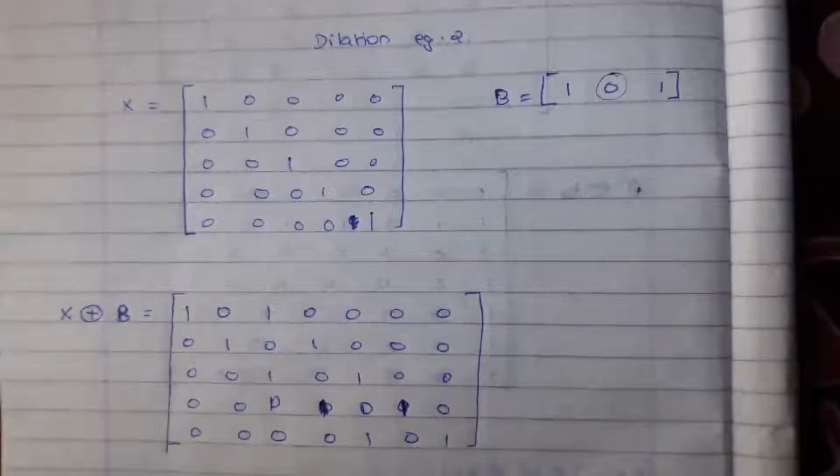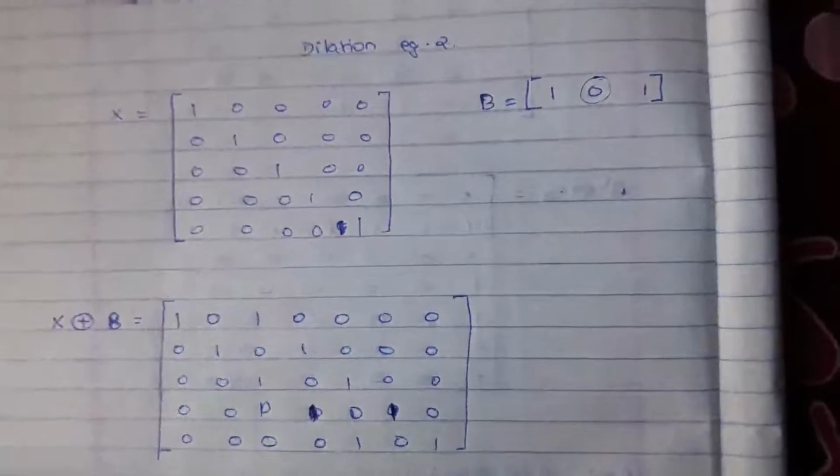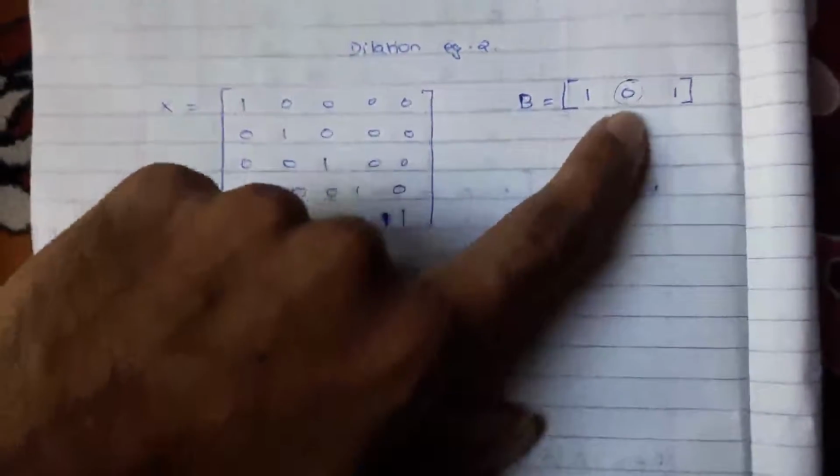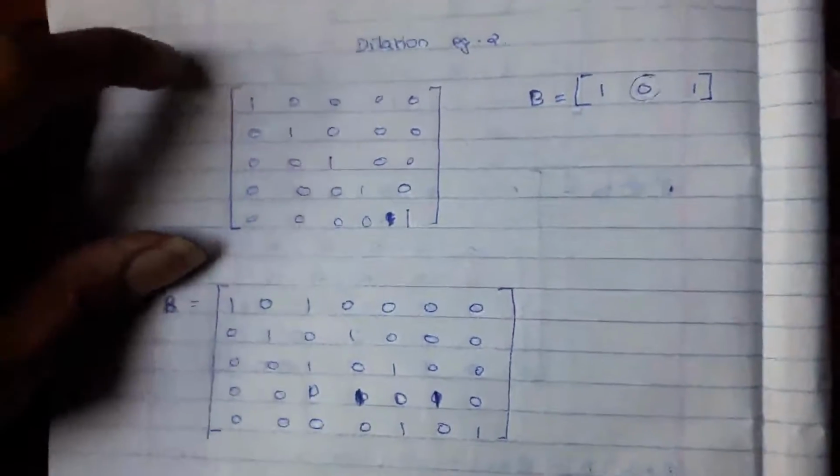Hello, I have made this video to remove the misunderstandings regarding dilation, especially when the seed point, or the seed element, in the structuring element is 0. Here let us consider the example where the image X is like this. It has ones over here, and the structuring element B has this form, that is 101, and this is the seed point. As we know, when there are odd numbers of columns, there is a center element available, so that is the seed point. We see the seed point is 0.